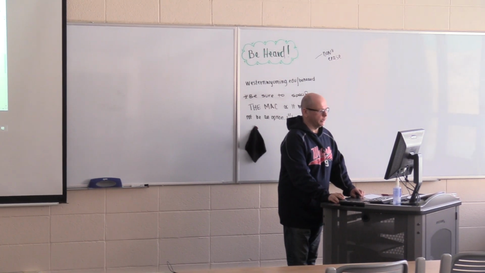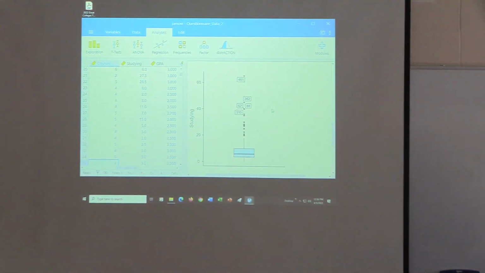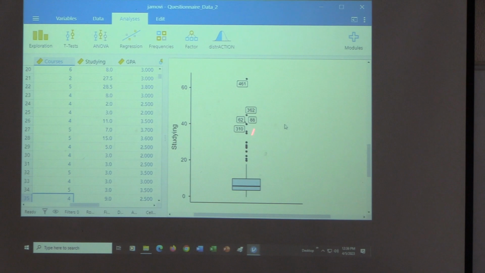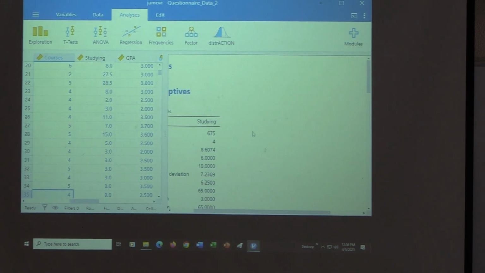Or positively skewed. And here's your box plot, right? The nice thing about it is it will label the cases that are really, really highly unusual when compared to the rest of the data. Okay, so now let's get back to